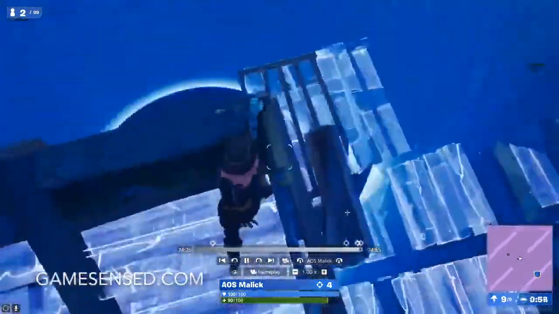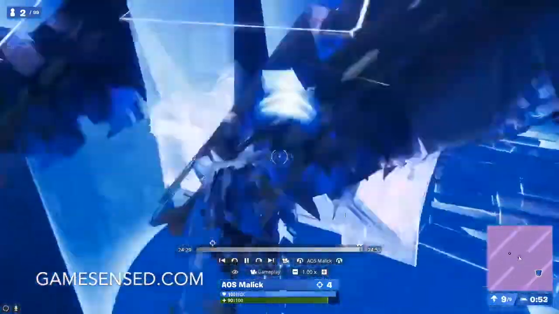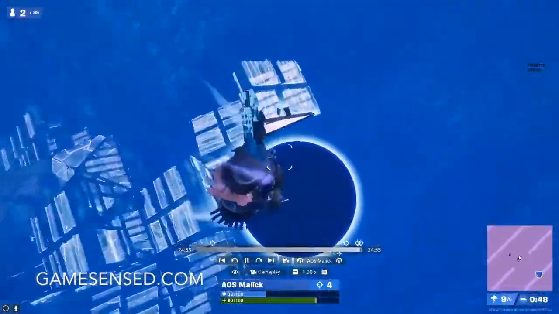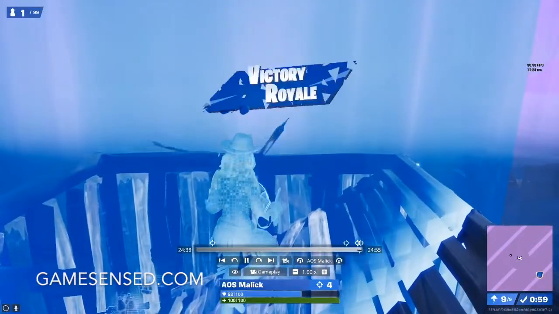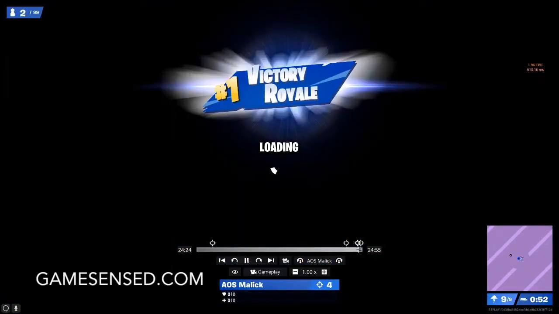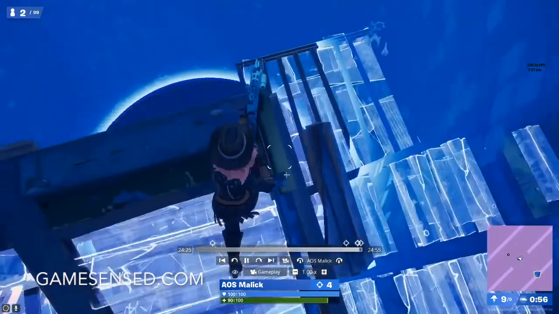Nice, keep blocking him out. He has mats. Based off of this, you want to keep blocking him out. Let's just watch this. Okay. Well done. Okay, so if you are in this position, you're above him, and you could tell he's trying